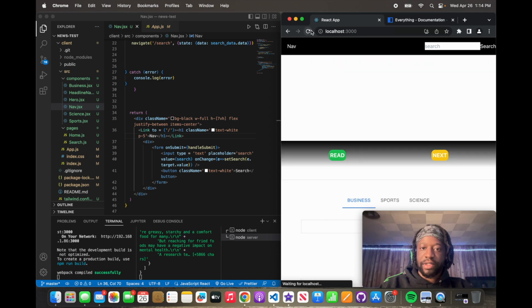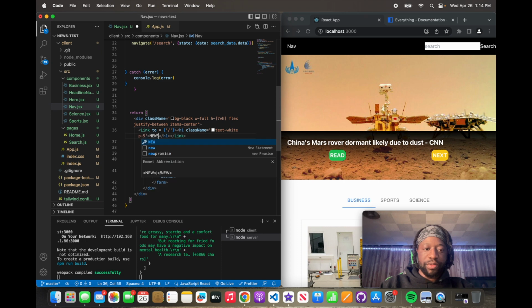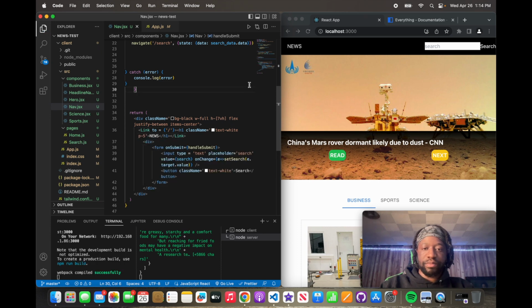All right, so now let's change this nav to news. Cool. So we're changing it to that, but you can change it to whatever you want. I just put it as news. And then